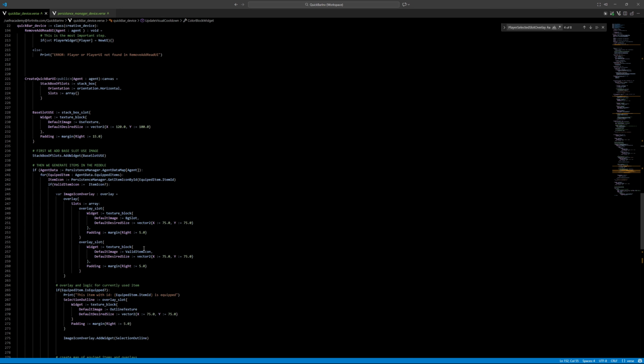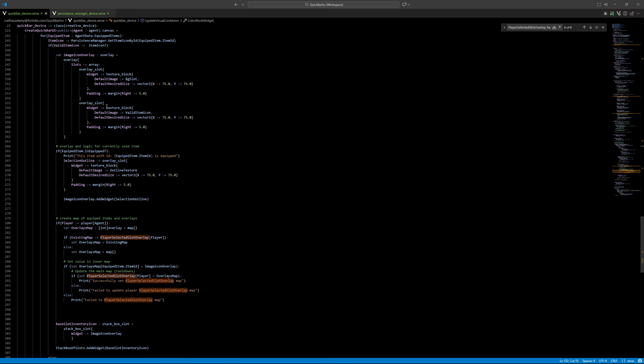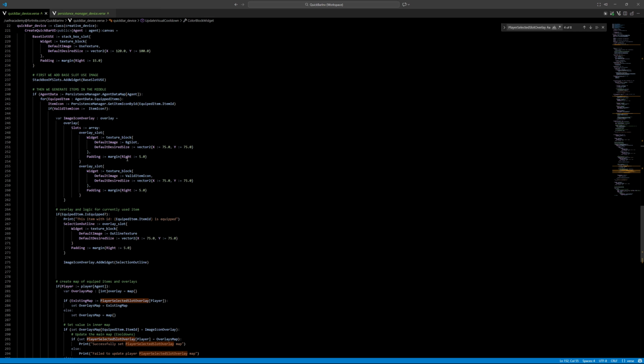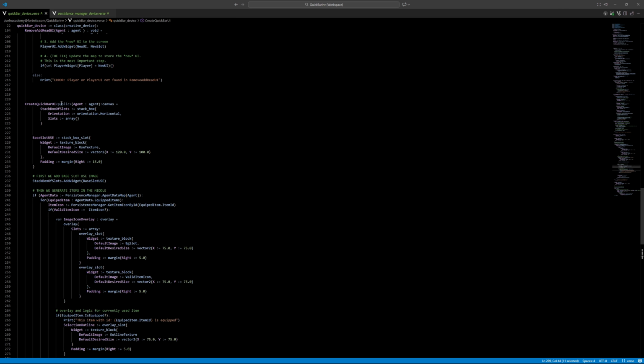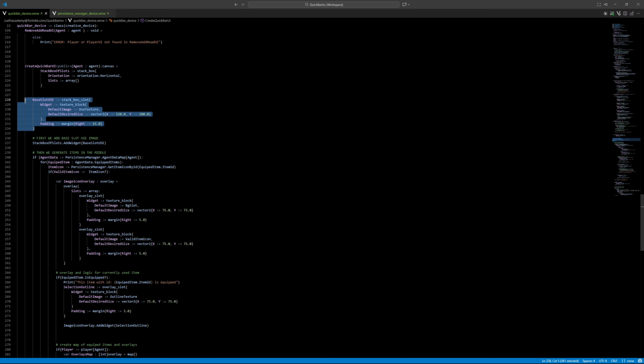If you didn't see my previous video, check it out. We won't be getting into how the UI is created, but we will check the functionalities which this UI includes. So first of all, we create the stack box,